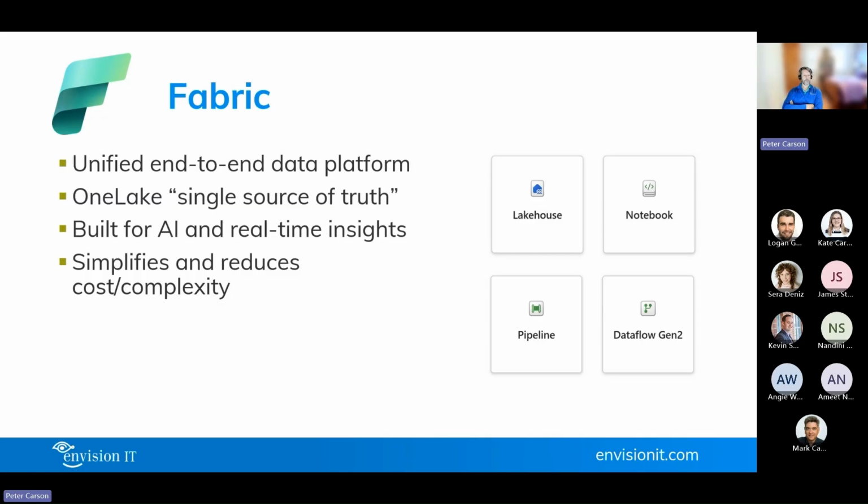And then there's Fabric. So this is the topic for the whole series. It's Microsoft's unified end-to-end data platform. So this idea of a OneLake in a lakehouse, which is a Fabric element, we've got a couple on the right side there, is really that idea of a single source of the truth. To say, hey, we're going to draw from all these different systems. We're going to decide priority orders of who gets precedence on owning not just a particular record, but a field within those records. If you think of companies, for example, there's data in QuickBooks, in HubSpot, in our time tracking, and each of those systems actually share a piece of what the overall view of a company is.